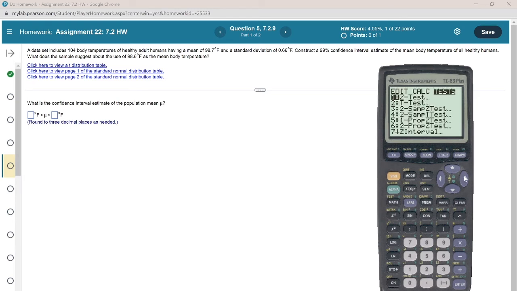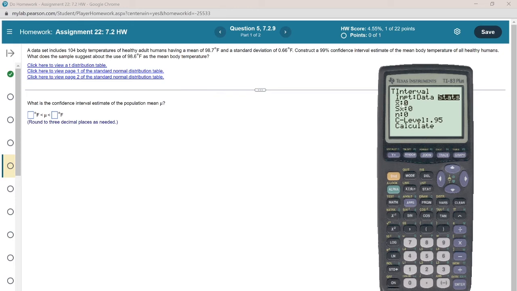I'm going to use stat, and there is a test, and under the test, if you go down, number 8 is T interval. By using this command and the information provided here, there are different ways we can give the inputs. If the data is given, then you can use the raw data, or you can use the stats. In this case we're going to use the stats because the mean and standard deviation are given. If you have actual data, then you can use the data option. So use stat, enter, and now